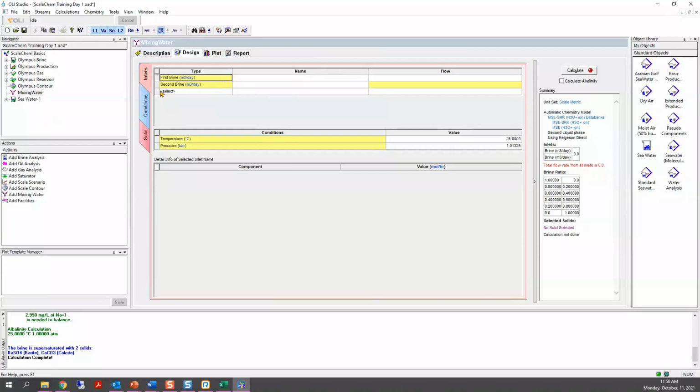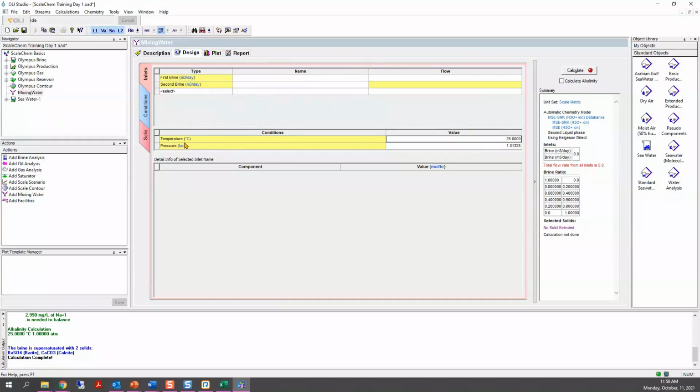Now, the other thing is that we need to define, okay, where are we mixing? So in here is where we are going to enter the conditions. The mixing conditions that I have for this example are, let me just change these units.